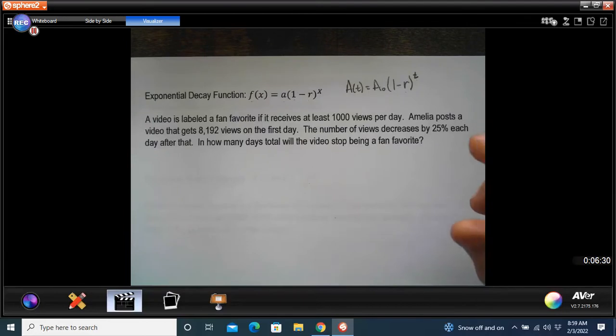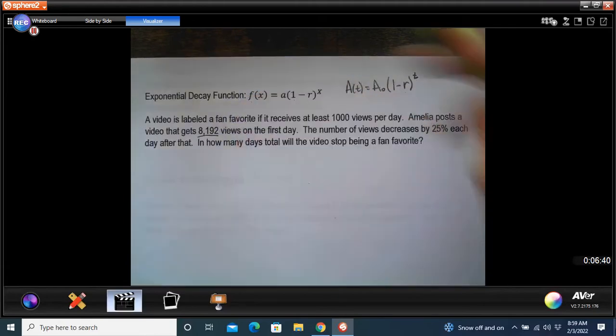It receives at least 1,000 views per day. Amelia posts a video that gets 8,192 views on the first day. So there's my A sub 0 or my a. The number of views decreases by 25% each day after that. And how many days total will the video stop being